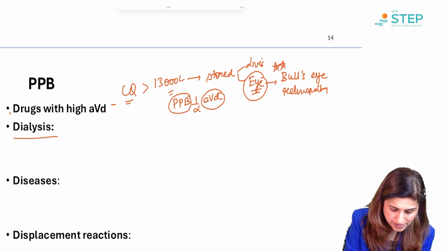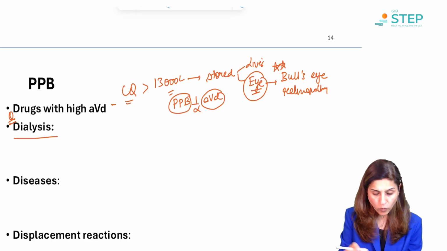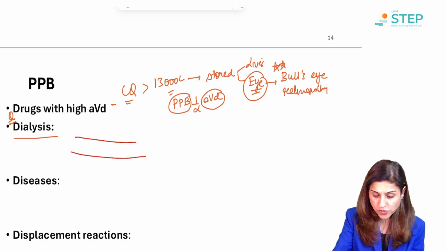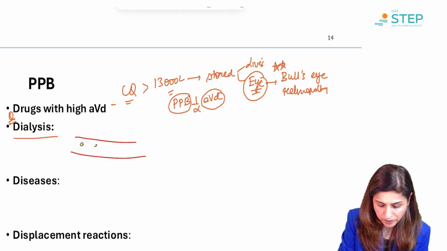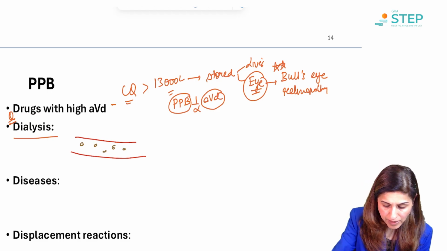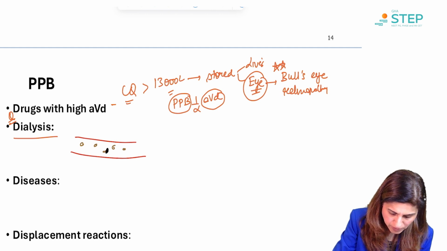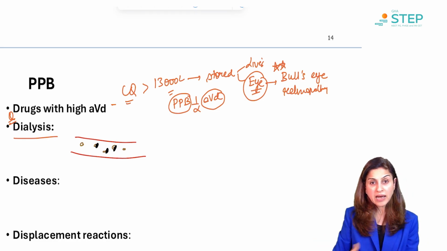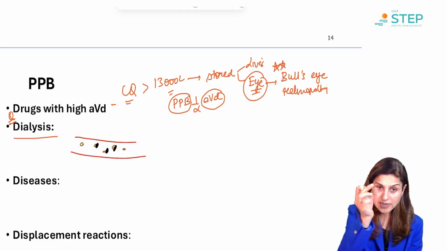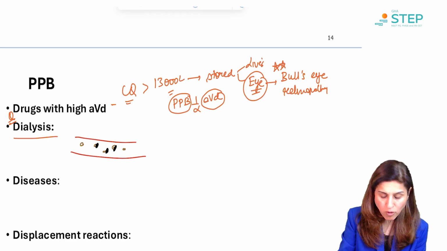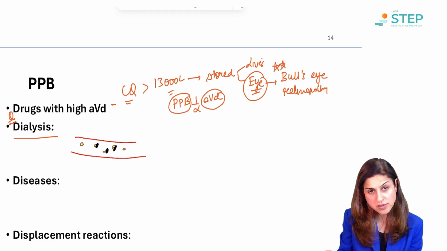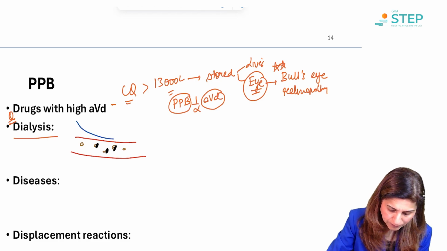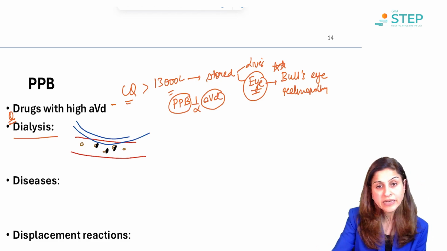Now, coming to dialysis, another important thing. What happens in dialysis is that, let's say there is poisoning or overdose with a drug, and this drug is present in the plasma, and there are plasma proteins. Some drug is bound to the plasma protein and the other drug is free, right? When you dialyze the patient, the aim of the dialysis process is to remove the offending drug. When you pass this tubing through it, the offending drug needs to be removed.